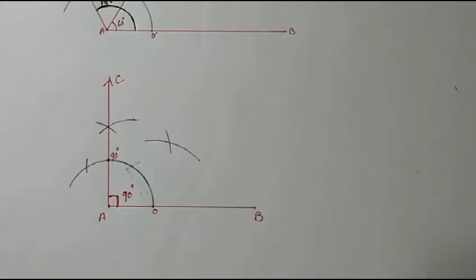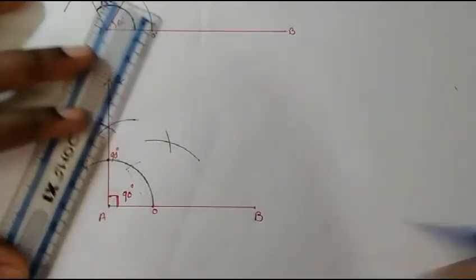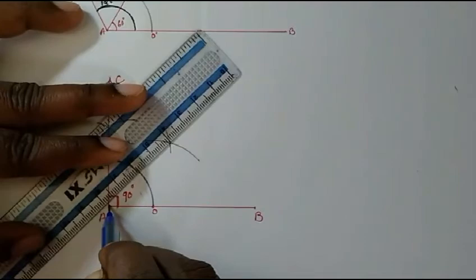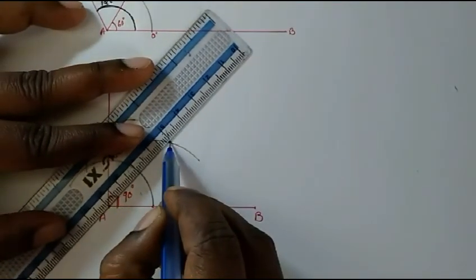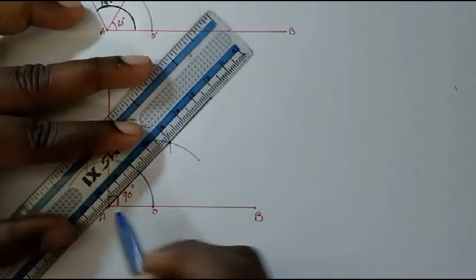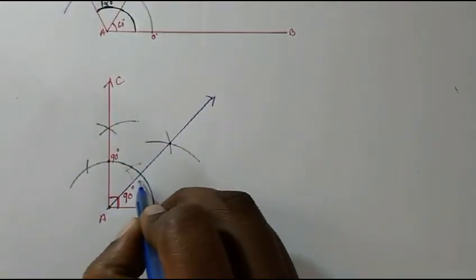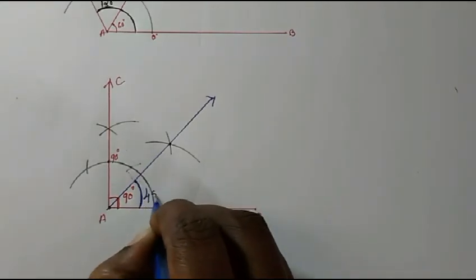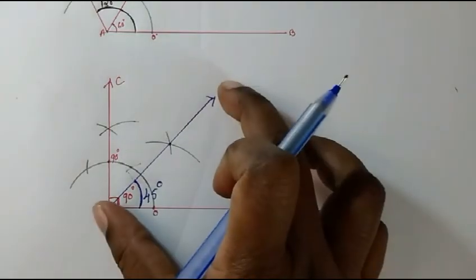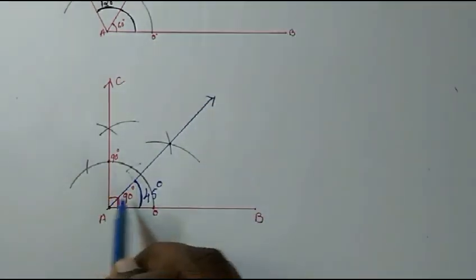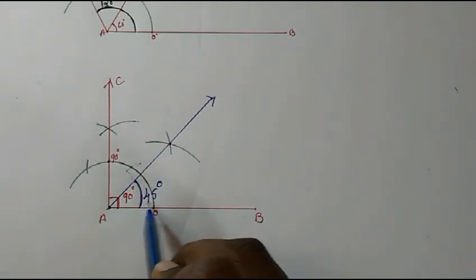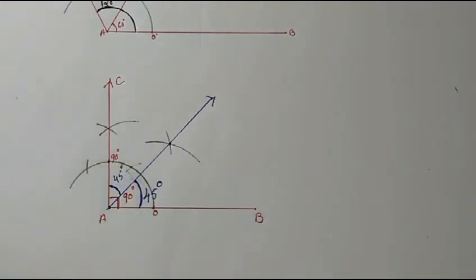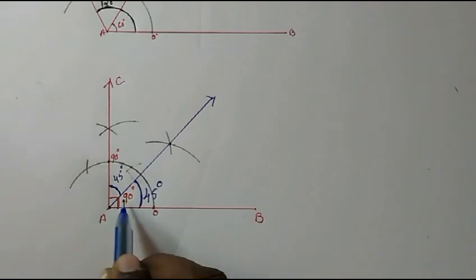Now you join this point with this point E. Okay. This will be your 90 degree. This much will be 45 degree, because the angle bisector divides the angle equally in half. So this whole thing is 90, means this half that you have done will be 45 and the other half here will be 45. Is it clear? Then together it is 90 degree.